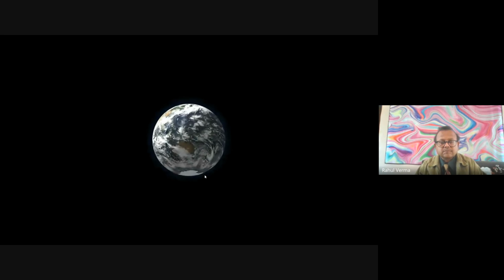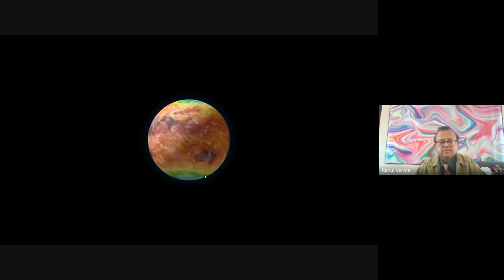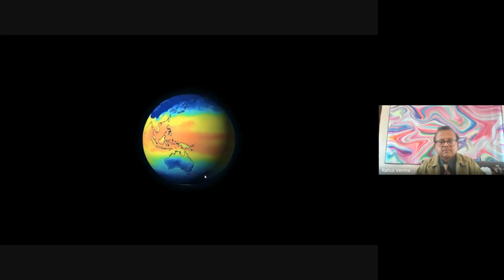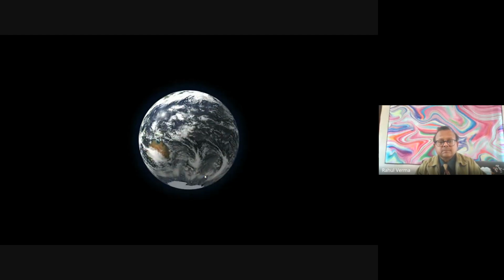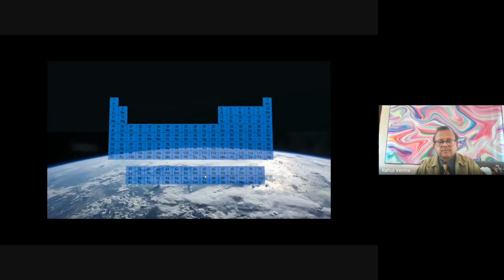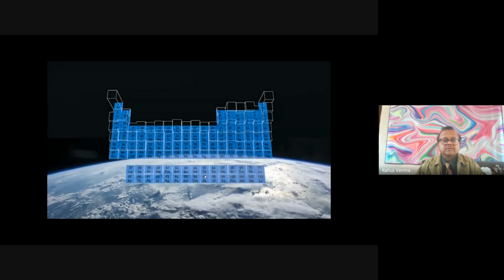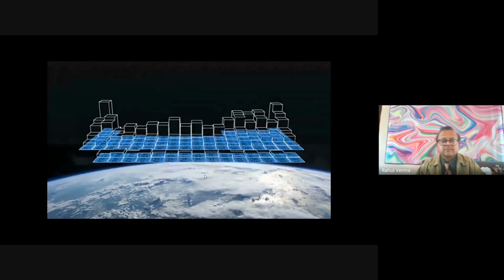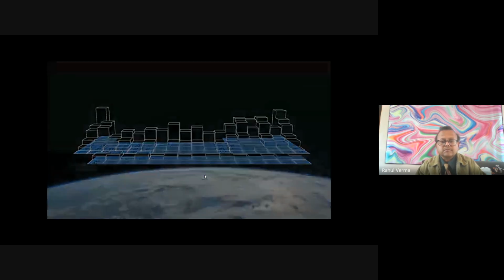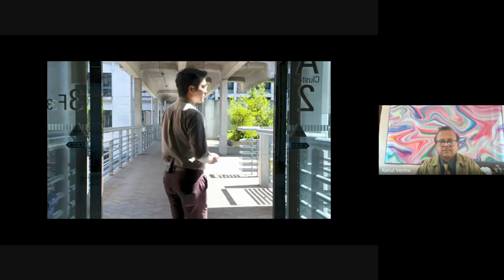Take a look at the whole Earth now, for example. The Earth is a huge chemical flask with many processes going on all at the same time. Here's a periodic table showing the relative abundances on Earth for all of the elements. Obviously, not all elements were created equally. But why? What happened?